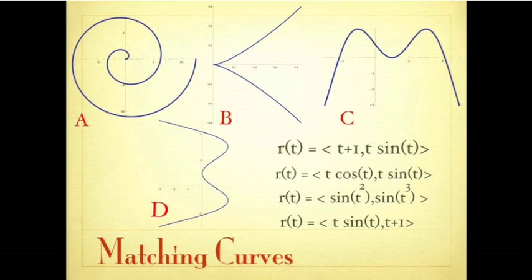Now, about matching. Let me just say something about matching. You might have to match anything, like also curves. What is good to look at is maybe some of the curves. This is a curve you might know, t cosine t, t sine t. It's an important curve. It's this spiral. And you might also see if there is a t here. And if you look at this, t plus 1, t sine t, that's essentially a graph of a function, right? If it would not be t plus 1, but t, it's just a shifted graph. So that's essentially a graph.